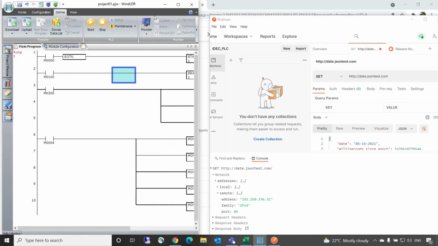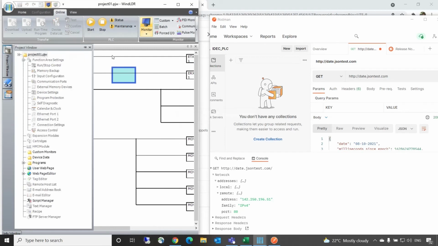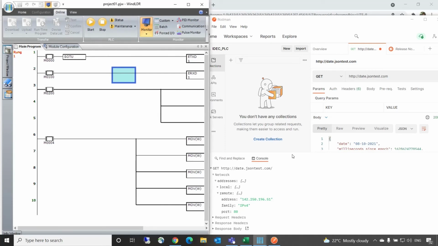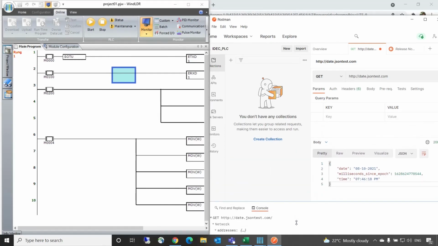Go to monitor. I'll try and execute this M0. Data has been sent and we have already received it, because this has been reset.